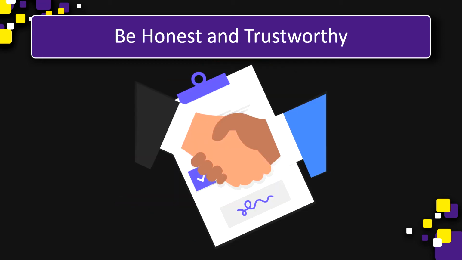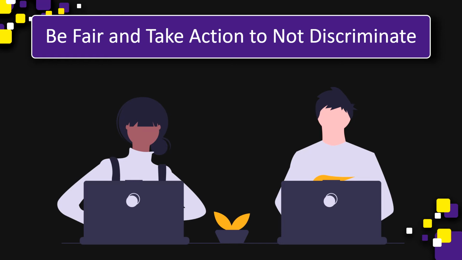We should also be honest and trustworthy. So this means that as a professional, your word means a lot. When you say something, you should follow through with what you said, whether that's agreeing to do work or agreeing to uphold others' statements as well. Be fair and take action to not discriminate. This is another principle of their code of ethics, and this one's a lot harder to follow through with than you might originally think. So to be fair and take action to not discriminate means you have to actively work to provide anti-discrimination practices in the work that you complete.